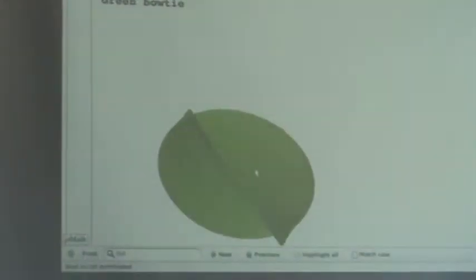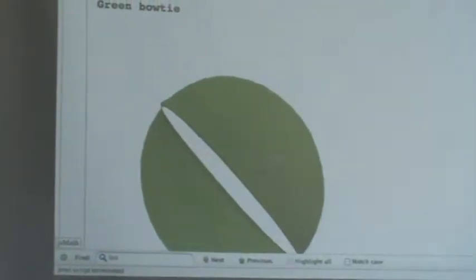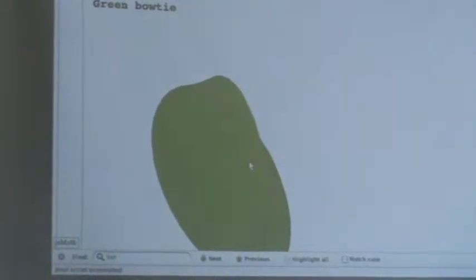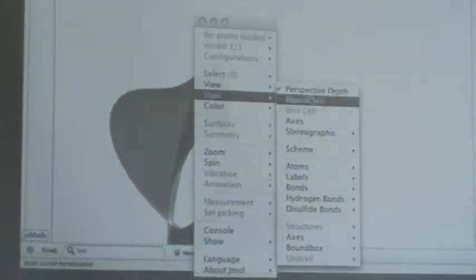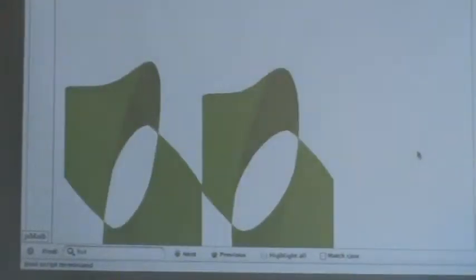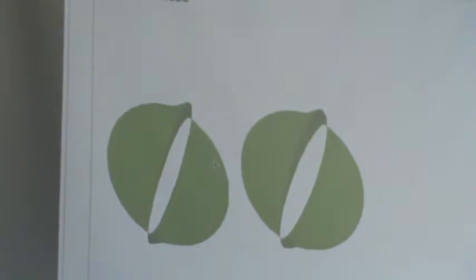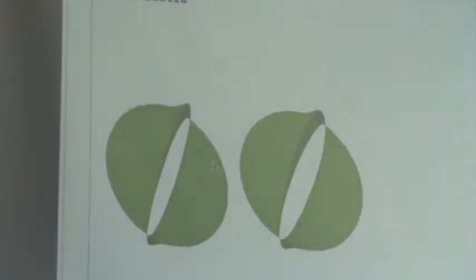There are other images that are a little easier to look at. So let's try, say, the bow tie. That one looks pretty neat. So there's a bow tie image. You can see it's kind of transparent. You can rotate it around and zoom in and so on. You should have brought the 3D goggles. Yes, if you have 3D glasses, it's kind of fun because you can do stereographic red-blue. And then you can see it with 3D glasses. And if you're good at crossing your eyes, there's also cross-eyed view. So, I don't know if you can see that at all. Get out of your way, maybe you can.